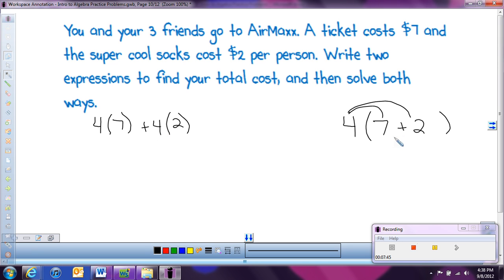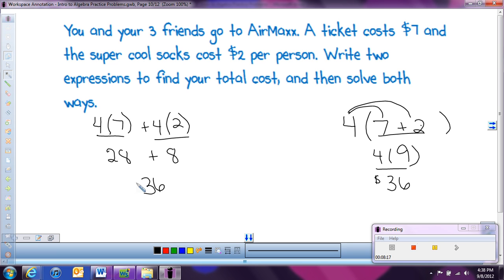So over here, let's solve it using order of operations, because this will give us our answer using the distributive property. Here we have 7 plus 2 is 9, and 9 times 4 is $36. Over here we can solve it. This is like step 2 using the distributive property. 4 times 7 is 28, plus 4 times 2 is 8. 28 plus 8 is $36. So either way we can solve it, either way we can set it up, and we do end up with